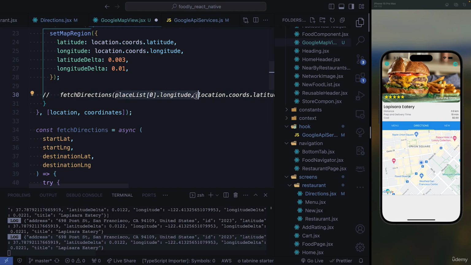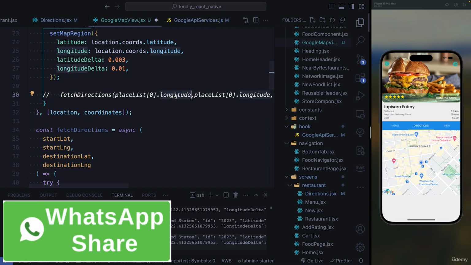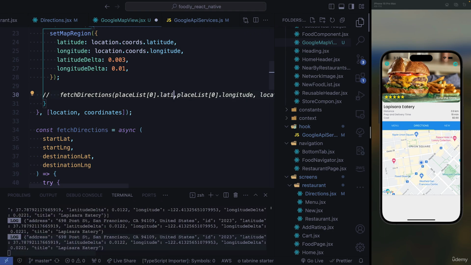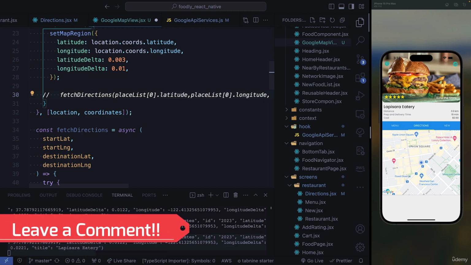So first we have the longitude, so we need the latitude. It's supposed to be latitude right here. And let's go ahead